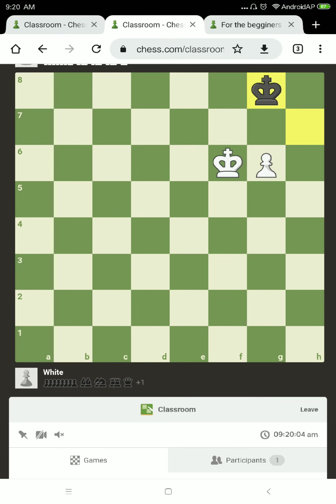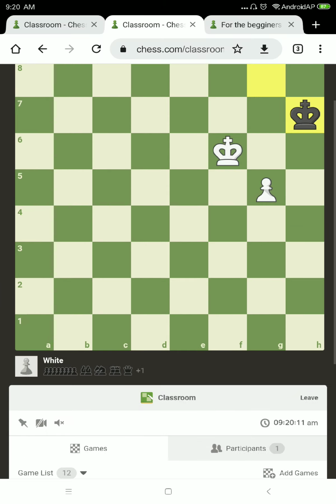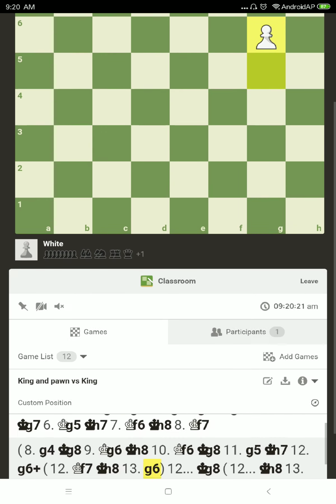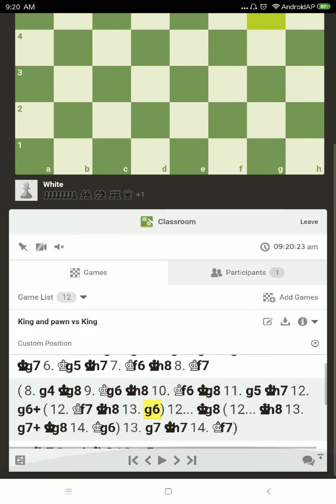And king h7. Try to make this trap with king h7. Another option, king f7, king h8, and g6, if they're not accurate, also stalemate. And from the winning side,